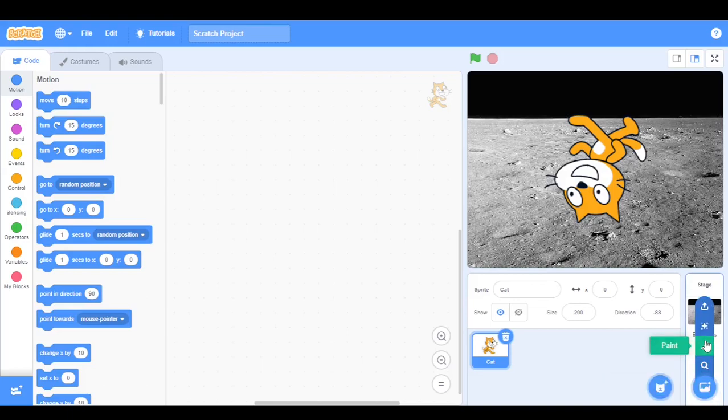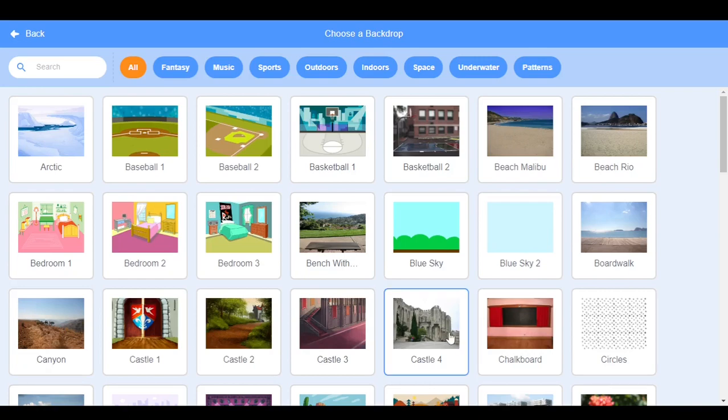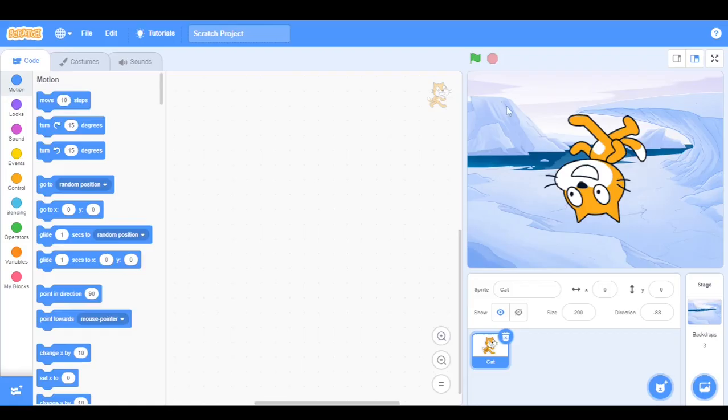You can also paint your own backdrop by clicking this option. See, when I click this option, you will see different backdrops. I'm going to choose this Arctic. See, the background of the stage looks like an Arctic